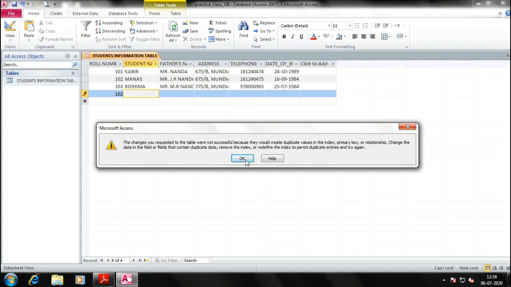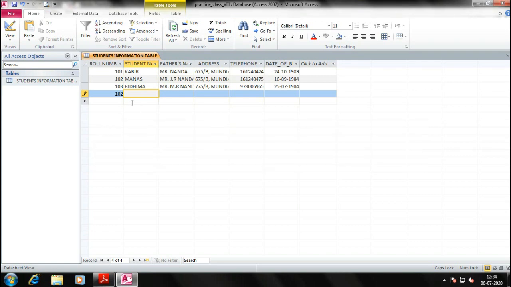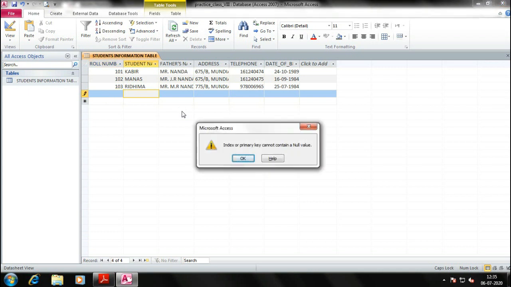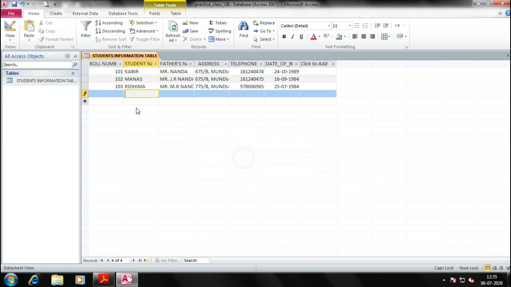So change the data in the field. We got this, that there is a problem. See this pencil sign, that means it is denoting the error. Now I am pressing Ctrl S. Index or primary key cannot contain a null value, because the number is not given here, but we switched to the next, that is 104.